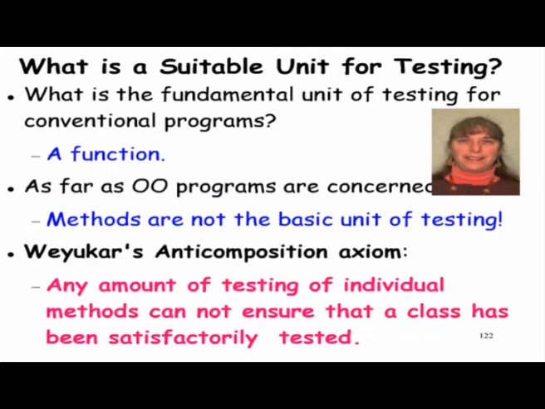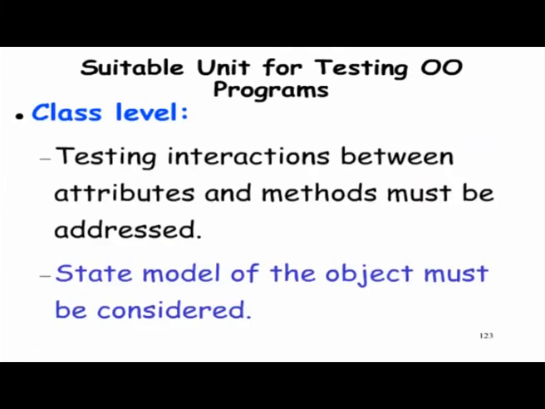The anti-composition axiom says if a class has 10 methods and we independently do unit testing on each of these 10 methods, taking them one by one and using our procedural approach, and find that they are working satisfactorily, based on that we cannot say that the class is working satisfactorily. Let us see the reason. There are two reasons actually. One is that